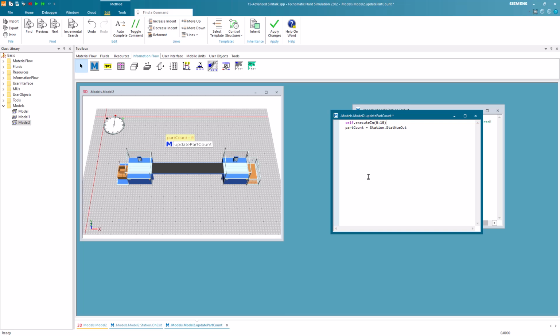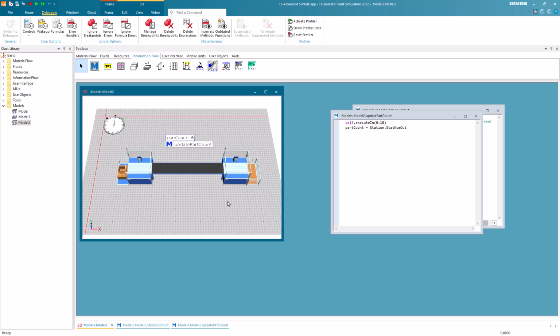What this basically means is that at least one time, the updatePartCount method must be called, so that it calls itself every 10 seconds. Every time you are in such a situation, you can use a method object that you can call init. In certain cases, it might be desirable that procedures are executed before a simulation run starts, for example, to set general parameters of the objects. You can achieve this in Plant Simulation with an init method.